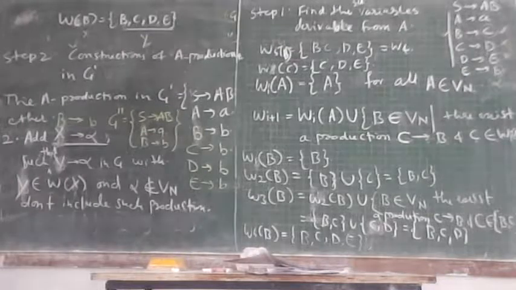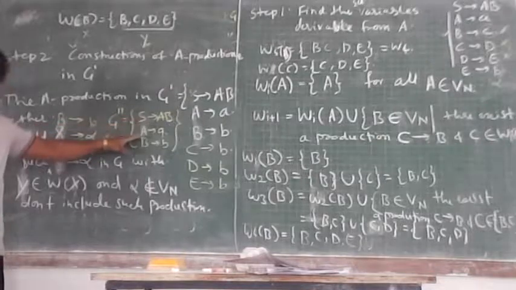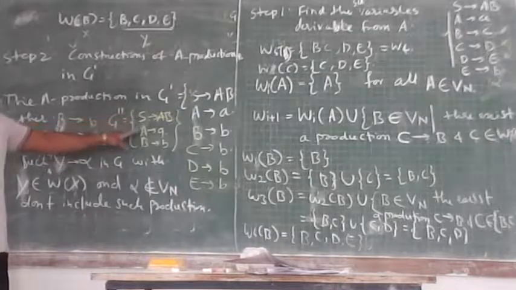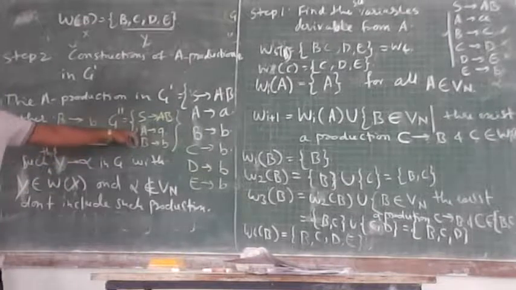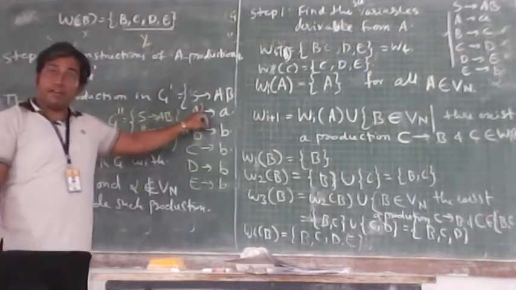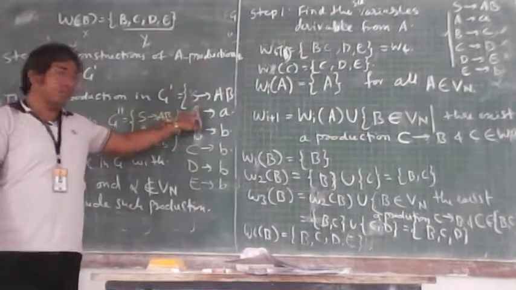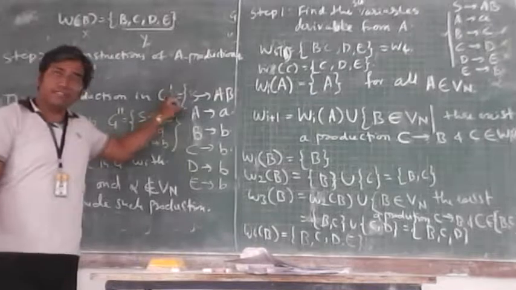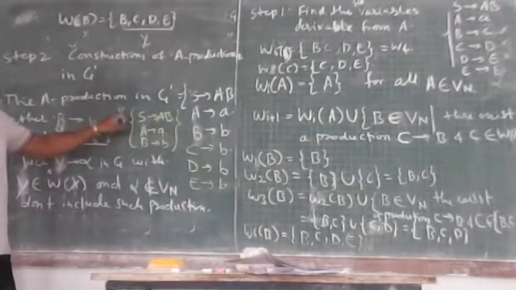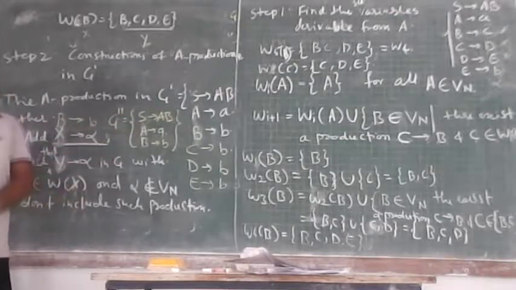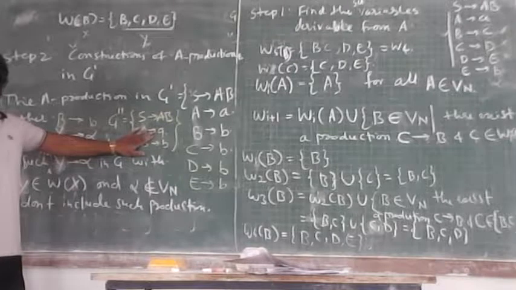Okay? This is not because of the method we just studied. This is G dash I get when I apply a method we already discussed, that is construction of reduced grammar. And to that method, if I give G dash as an input, then what I will get? The output as a G double dash, and the grammar will be this much only. आपको एग्जाम में ये नहीं लिखना है, this is I am giving only for your information.